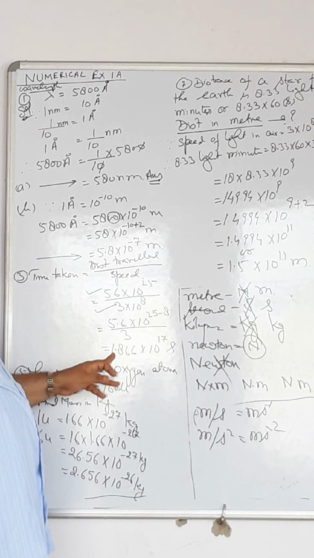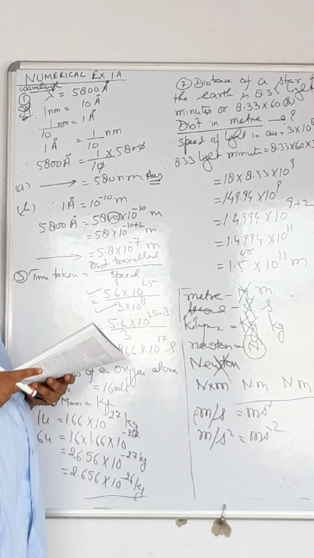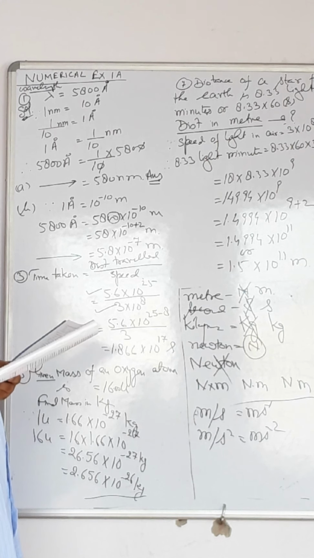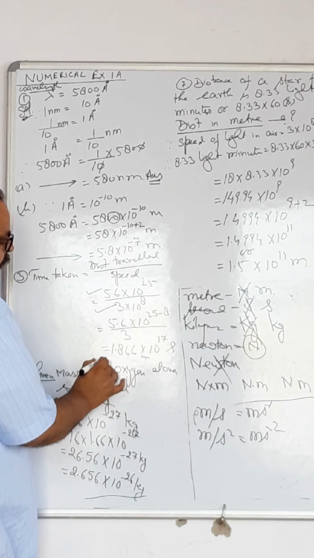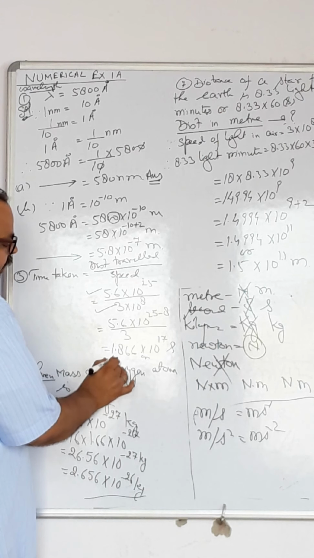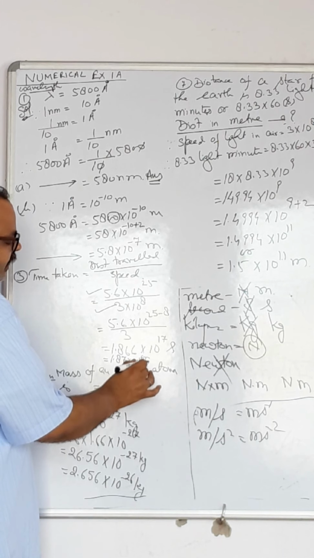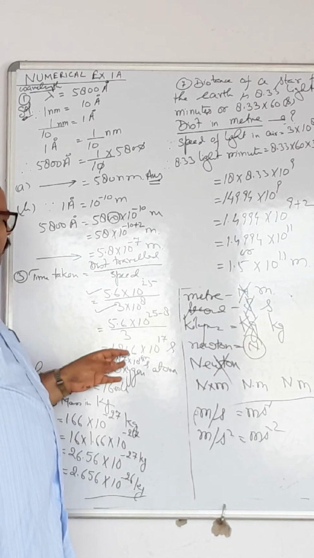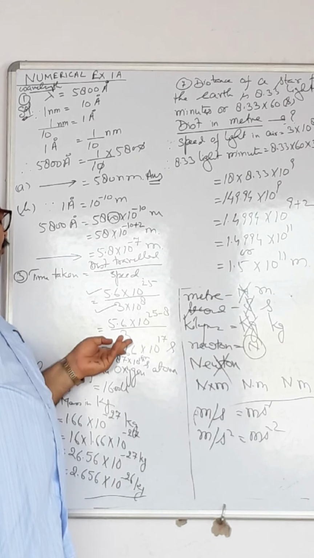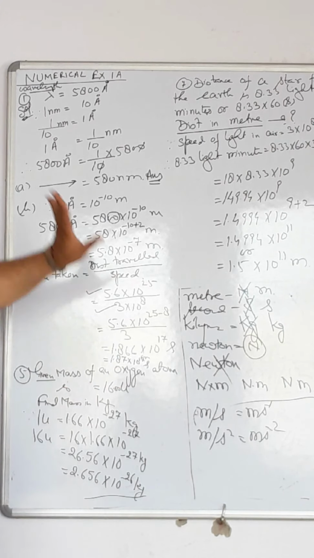I have divided, and it becomes 1.866 × 10^17 seconds. Please check the answer. The answer they have given is 1.87, because the digit is more than 5, it can be written as 1.87 × 10^17 seconds. It is not necessary to round it off. So put 3 decimal places. If I am getting 1.86, then also it is correct. No problem. The book has written 1.87, no problem.